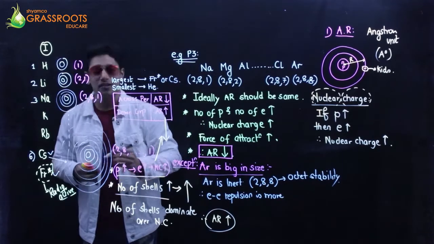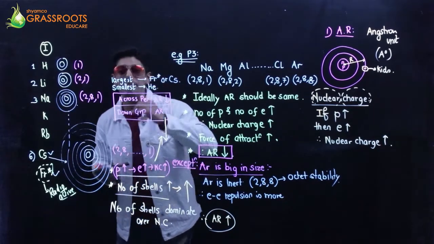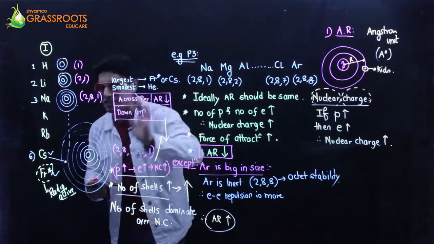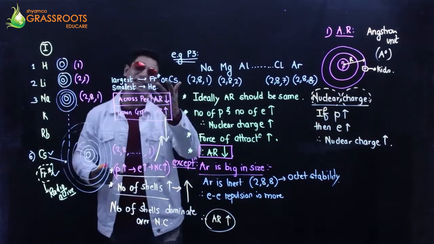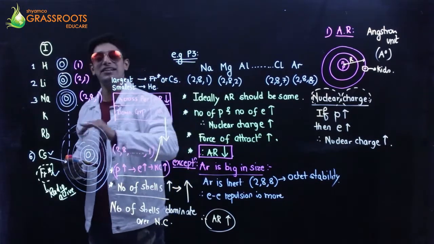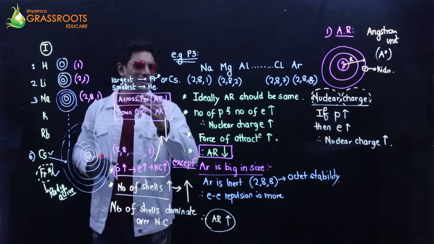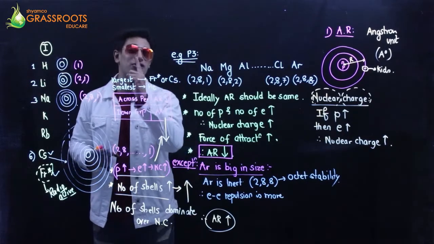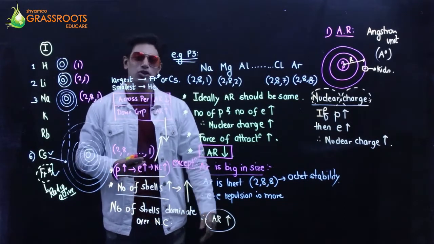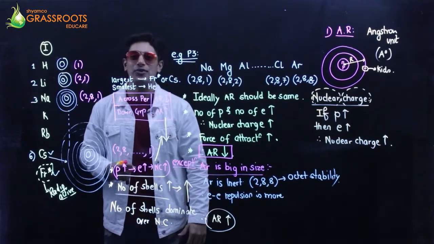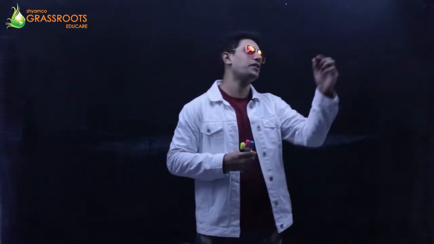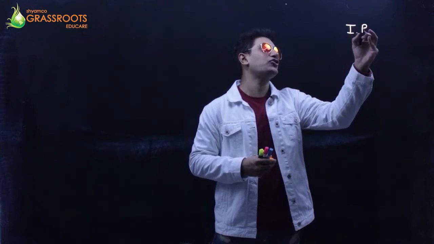I am repeating. The element having the maximum atomic radius is actually francium. But as I said, francium is radioactive in nature, so we can consider it to be cesium. So this was all about the first periodic property, which is atomic radius. Go through it and we shall move on to the next one, ionization potential. The next periodic property, ionization potential.